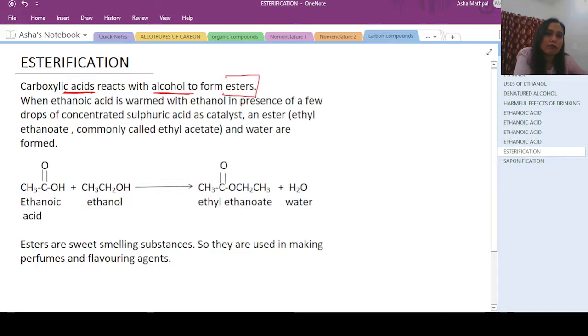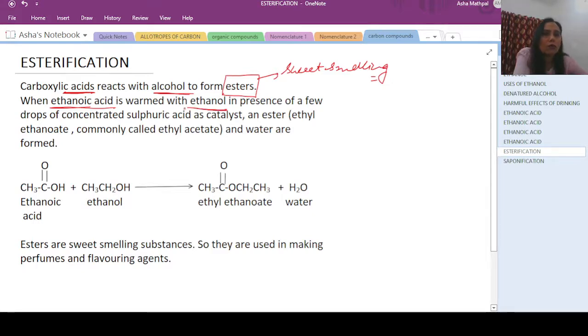It is a very important industrial compound. Basically, esters are sweet smelling compounds, so they are used in the perfume industries, and they are also used as flavoring agents. So basically, when ethanoic acid is warmed with ethanol, when they both are mixed,